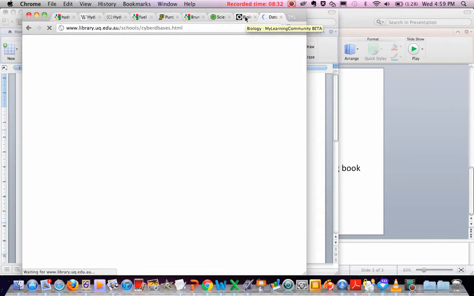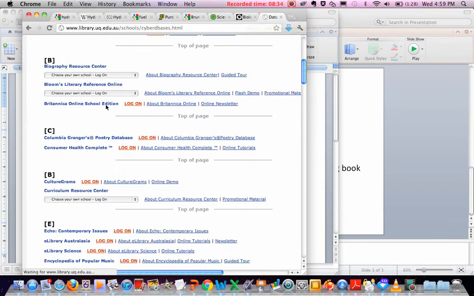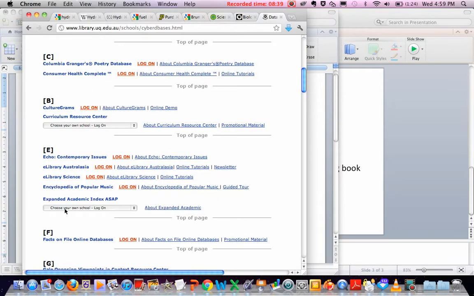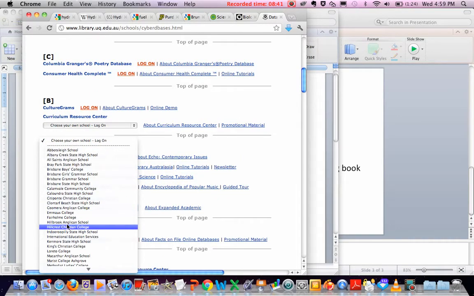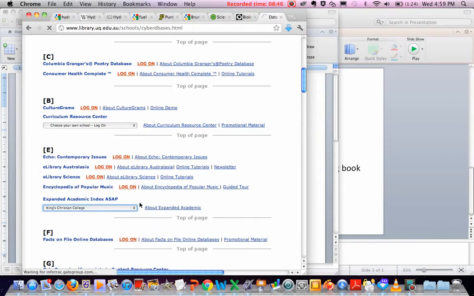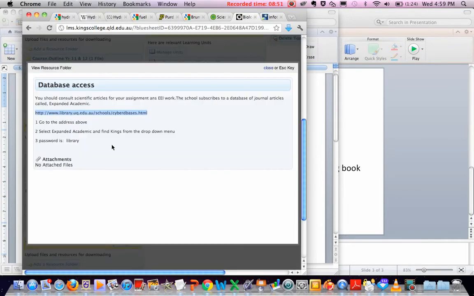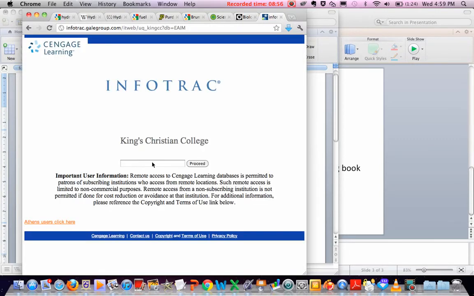It comes up with the UQ library database. Now I'll go down to E, expanded academic, and choose your own school. We'll choose King's Christian College, and we will log on to that. So once I select it, it goes in. Now the password is library. Put that in, and waiting for that one to load,